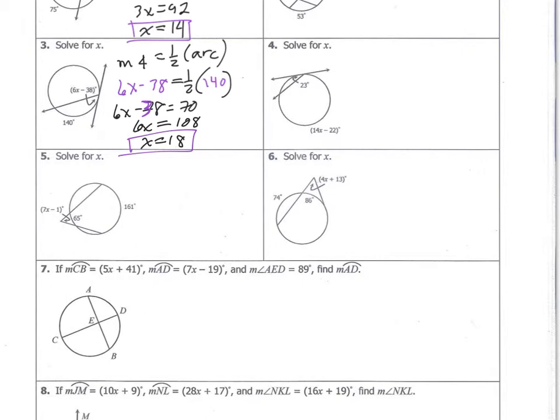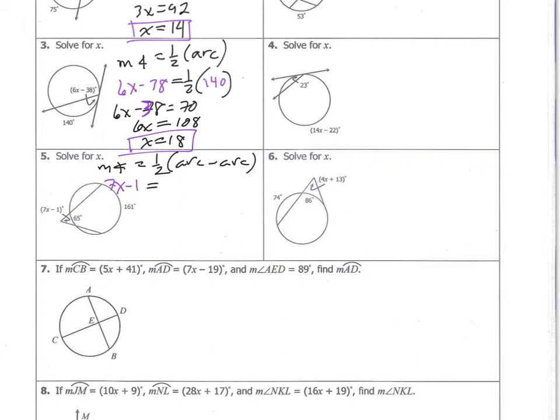All right, so then let's move to number 5. Number 5 would be 2 tangents. Do we add or subtract the arcs? The measure of the angle is equal to 1/2 times arc minus arc, right? Big minus small. So I know my angle is 7x minus 1